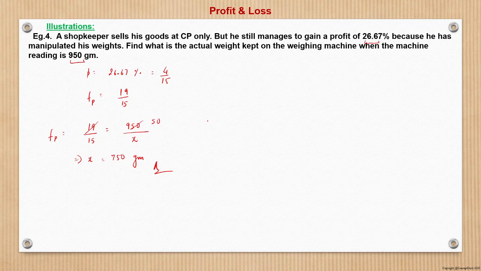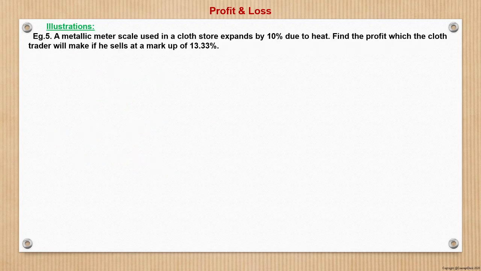Now when we move to different type of a problem using the similar concept but different instance or a different scenario of a cheating, wherein a meter scale at a cloth shops, those are made up of iron material, and iron being metallic actually has a contraction and expansion property depending upon whether it's exposed to heat or a cold. So that actually creates a discrepancy in the actual reading vis-a-vis the reading shown by the meter scale. So that concept we will see here.